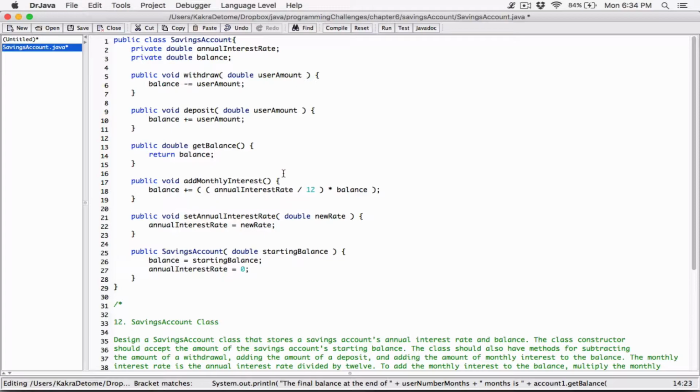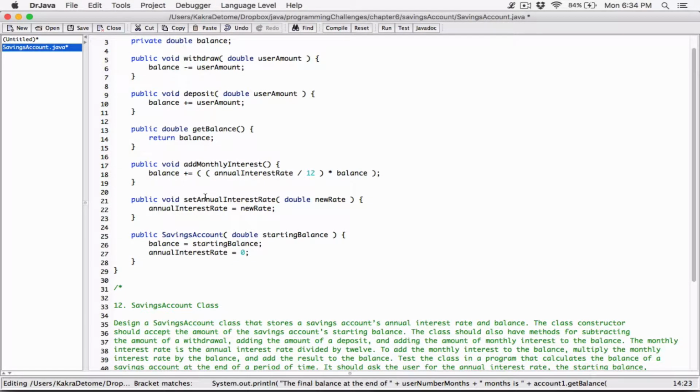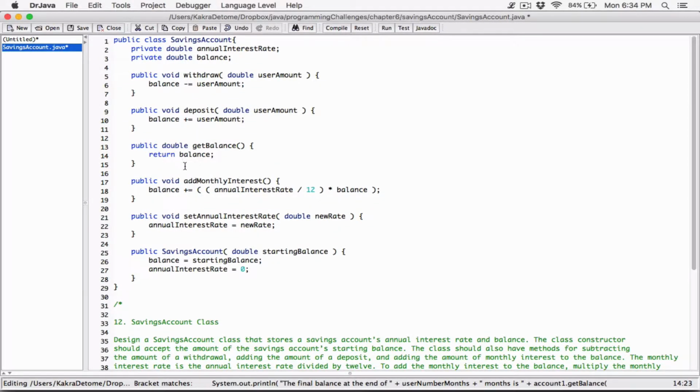We'd have to modify our monthly interest method so that we can have our monthly interest each time, right? We would have to do that. So let's see what we can do about it. We would have to redesign this so that we can get the total monthly interest. Since this works perfectly, I don't want to change things around. What we can do